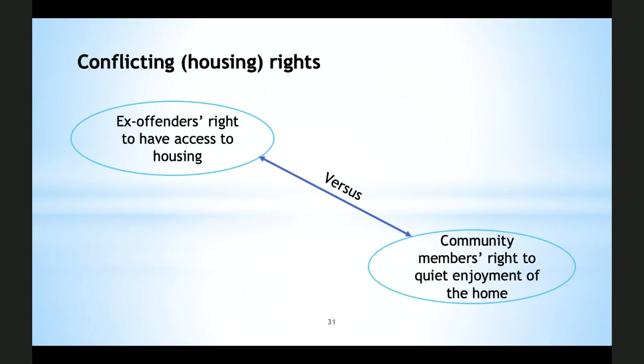If we look at this phenomenon from, let's say, a lawyerly point of view, what do we actually see? Well, we see conflicting, sometimes clashing human rights, fundamental rights, including the housing rights, which this presentation will focus on. On the one hand, we have the released ex-offender who has, like we all have, a fundamental right to have access to adequate housing, which this seminar is about. Yet on the other hand, the future neighbors of the returning ex-offenders have a right to enjoy their home and live there in safety, peace, and quiet. They have certain rights in the home, which the next session will be about. And that can conflict with ex-offenders' access.